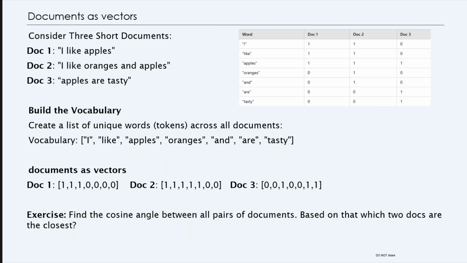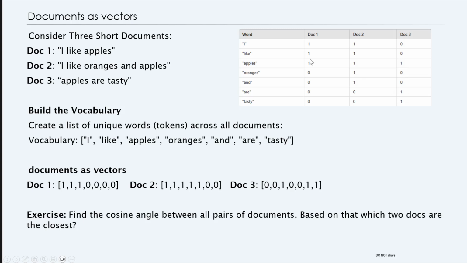So you can also think about documents as vectors. Here's another way to look at it. Let's say you consider 3 documents. So we have the vocabulary, that means all the words in here. Document 1 contains "I like apples", document 2 contains "I like oranges and apples", and document 3 contains